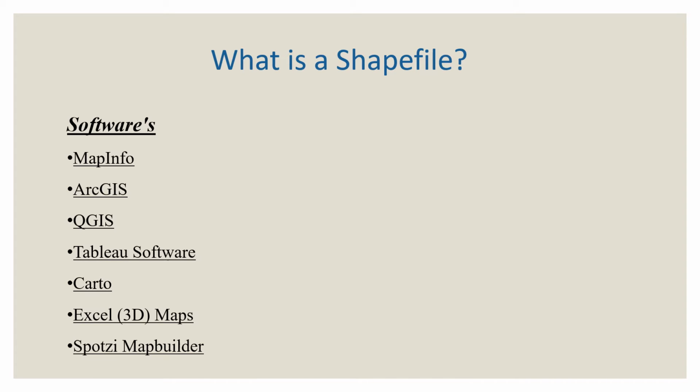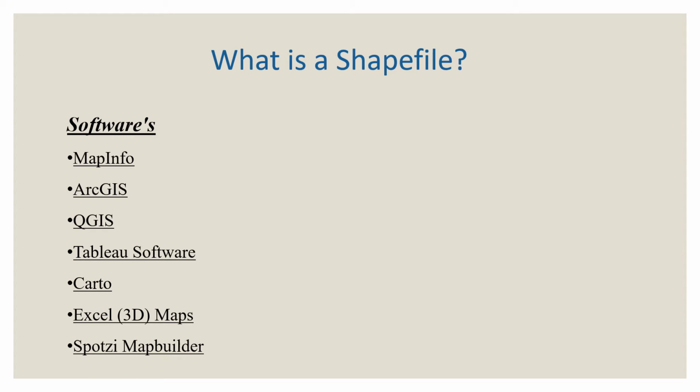Despite its name indicating a singular file, a shapefile is actually a collection of at least three basic files: .shp, .shx and .dbf. These are mandatory files. All three files must be present in the same directory for them to be viewable. There may be additional files such as a .prj with the shapefile's projection information.